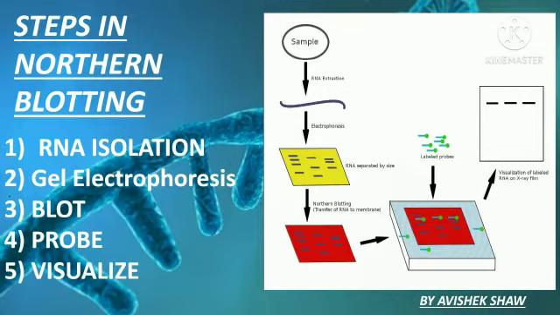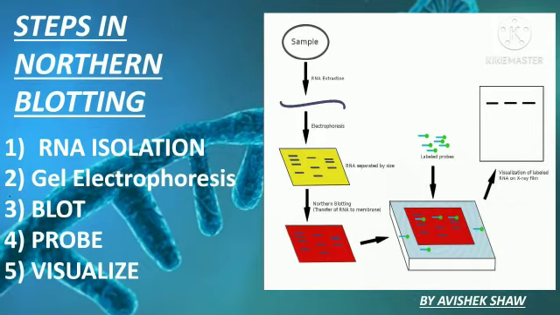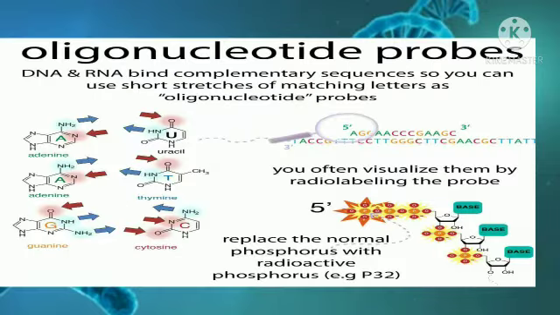Now we have done the steps of RNA isolation, electrophoresis, and blotting, and now we will do probing. Probe solution is now used, and it is tagged with a radiolabel detector molecule, or even fluorescent molecules can be used nowadays. Probes are nothing but short oligonucleotide sequences which are attached to detector molecules. It is complementary to a sequence which we want to detect. A DNA probe can be used for the detection of RNA. Obviously, the probe should also be single stranded, and RNA is already single stranded.